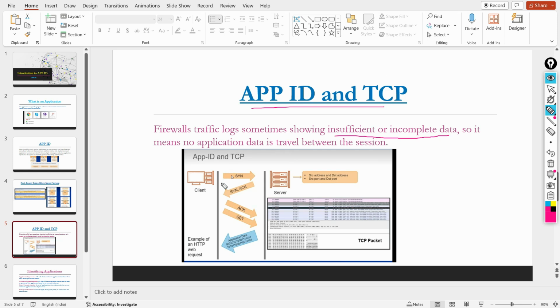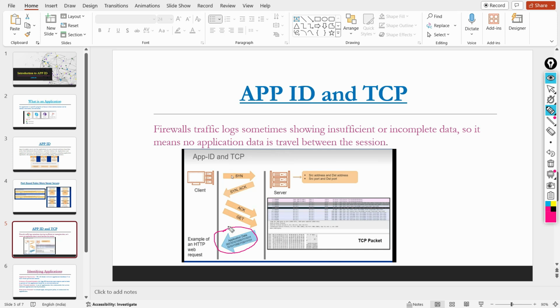Initially, when the client initiates the connection, this is for TCP, the SYN packet goes to the server. The server replies back with a SYN ACK, and again the ACK is sent, and now the client sends the GET message. Then the server starts sending application data, so the firewall can identify the application. In this case, we get to know which application will travel using this session.